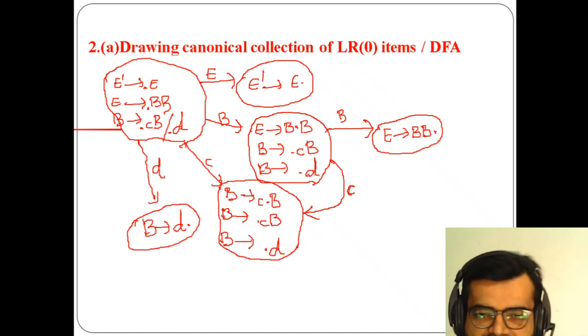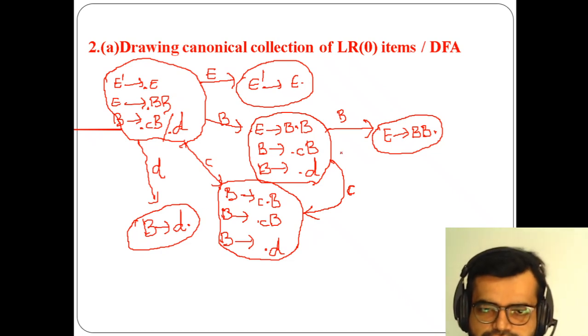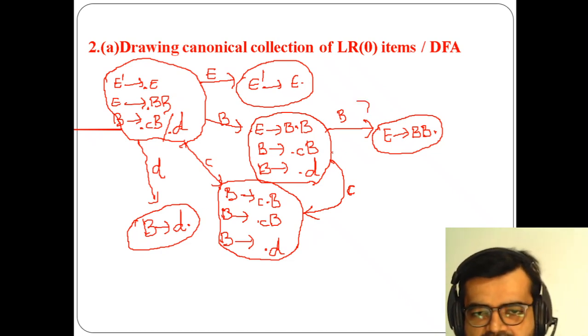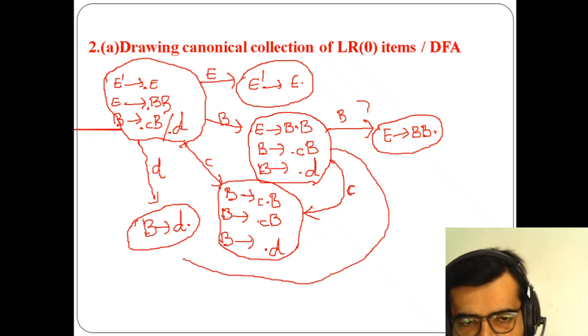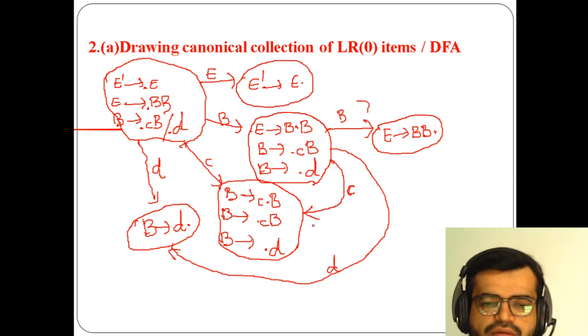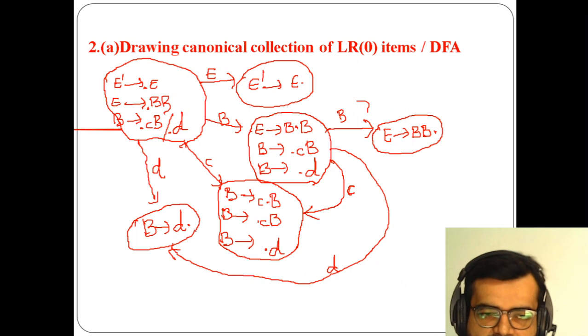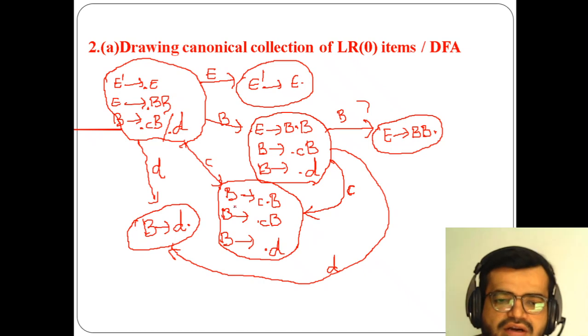The next, third production, B of D dot: the same production is there again here. So instead of writing separately, I'll use this only. I'm using D here. Because if I use the third production D dot, the same thing will come; after D dot, nothing is there, so no need of further new productions. Okay, and what is left over now?